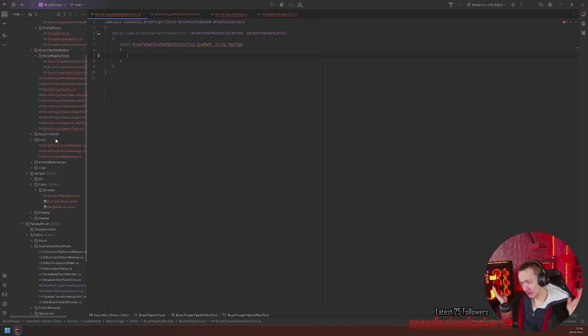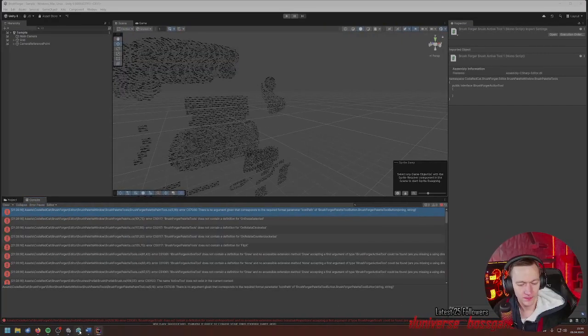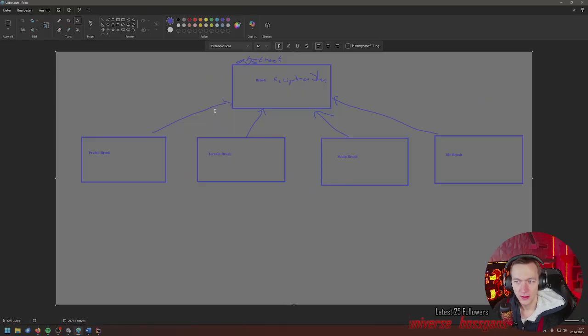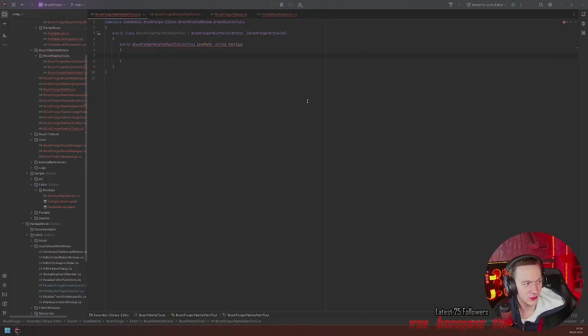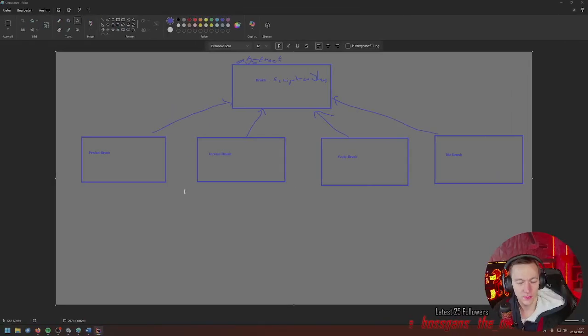Okay. I'll mute myself and just work on this, because what I'm working on is going to make a lot of changes to implement the new abstract inheritance structure and defining the tools inside of the brush class.